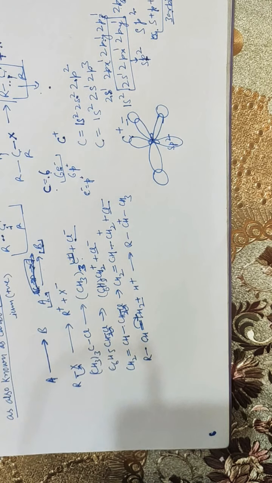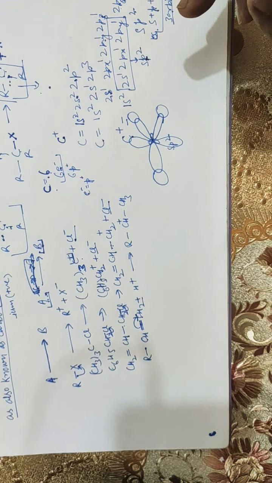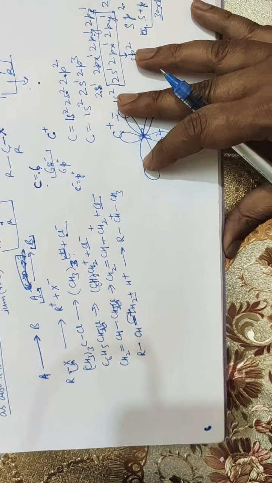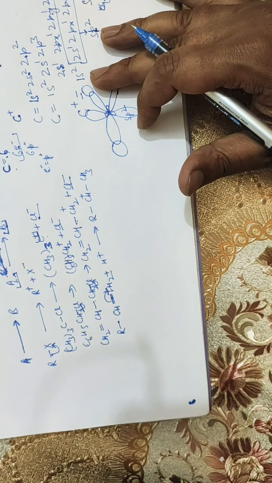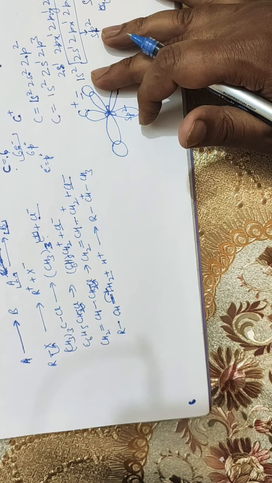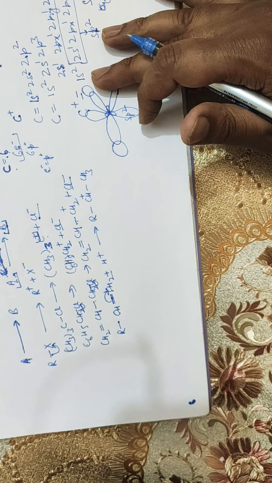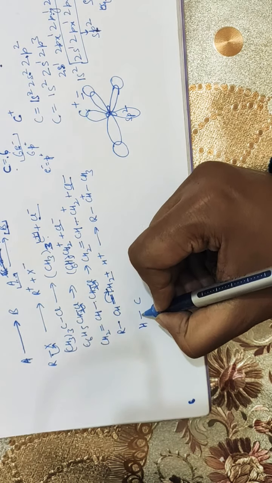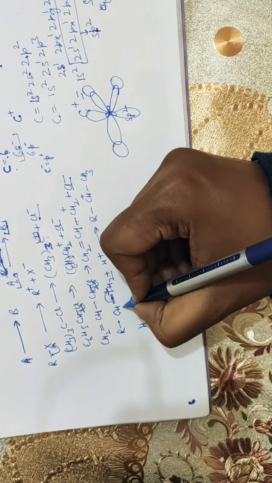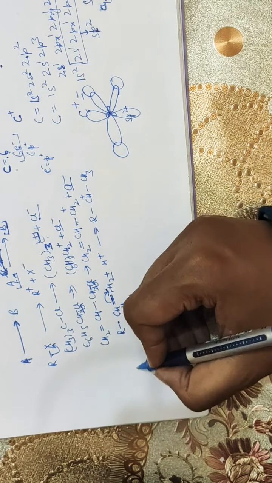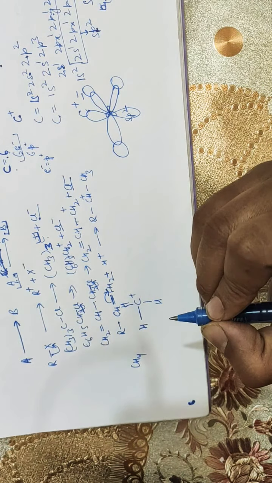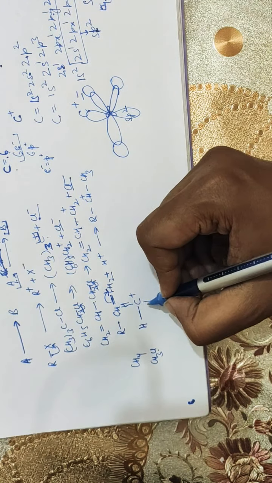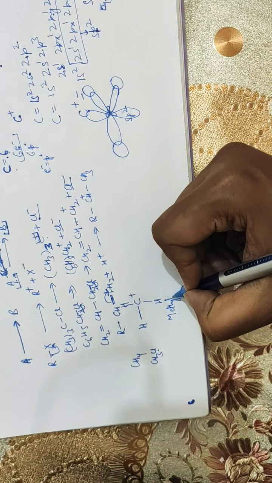Next are the types of alkyl carbocation. Depending upon the nature of the carbon carrying the positive charge, the alkyl carbocation may be classified as primary, secondary or tertiary. How will you classify them? By the number of alkyl groups attached to the carbon. First of all, we will take the basic carbocation, the methyl carbocation. This is formed from methane, CH4, or CH3Cl, where one hydrogen is replaced with chlorine. So this is a methyl carbocation.